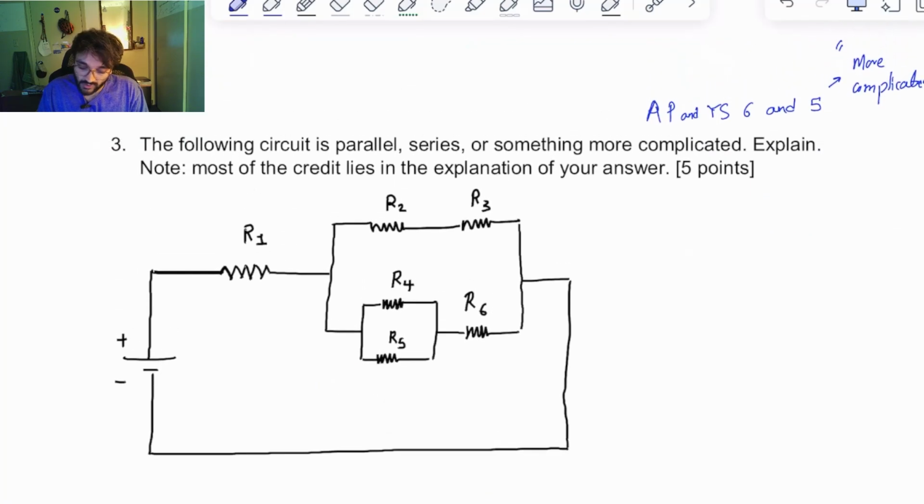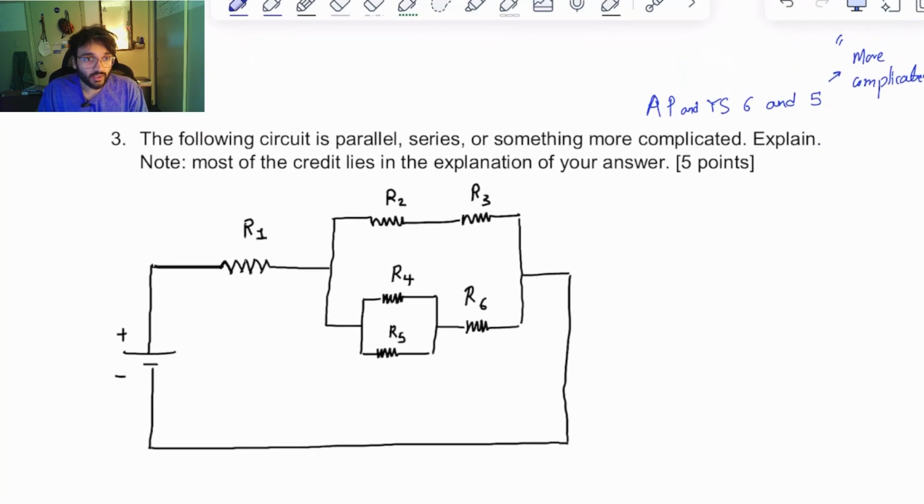Question 3. Question 3 is very closely related to what we have seen in activity packets and yellow sheets 5 and 6, especially number 5, the subsection labeled as more complicated. The question says, the following circuit is parallel, series, something more complicated. Explain. Most of the credit lies in the explanation of your answer. The correct answer is that it is more complicated,